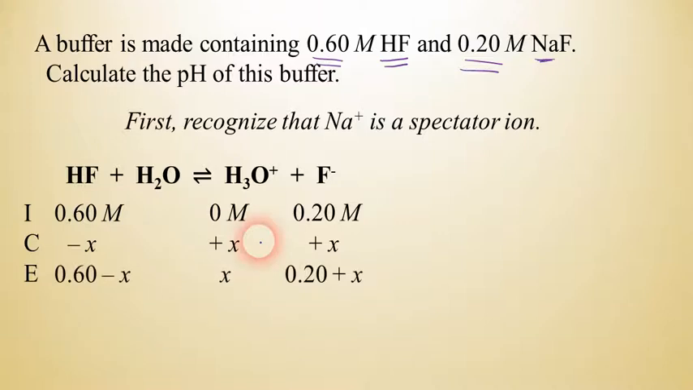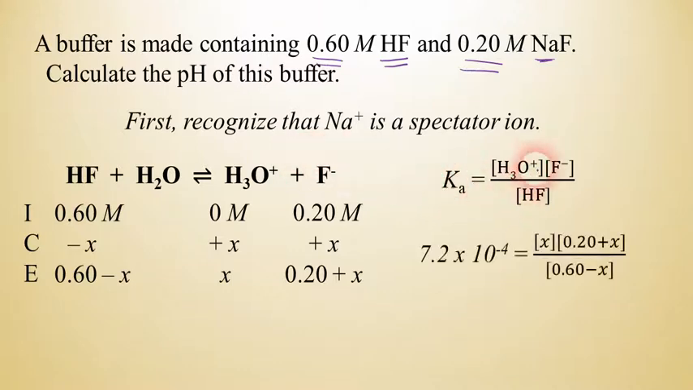Now we can take these values for equilibrium and plug those into the Ka expression for HF. Hopefully you can write a Ka that looks something like this, and then plug in those values. We don't like quadratic equations, so we're going to obliterate the plus x and minus x, hoping that they're very small. And now we can cross multiply and solve for x. When we do that, I get an answer that x equals about